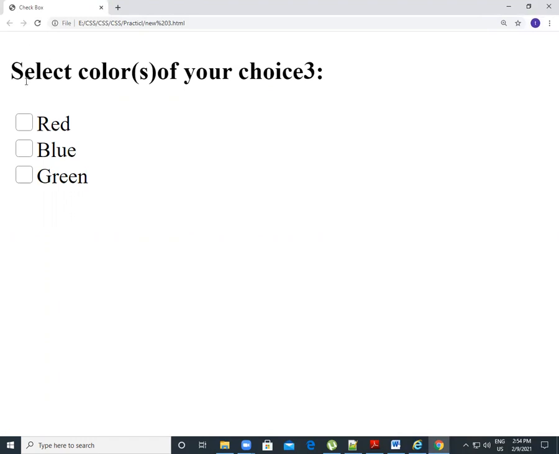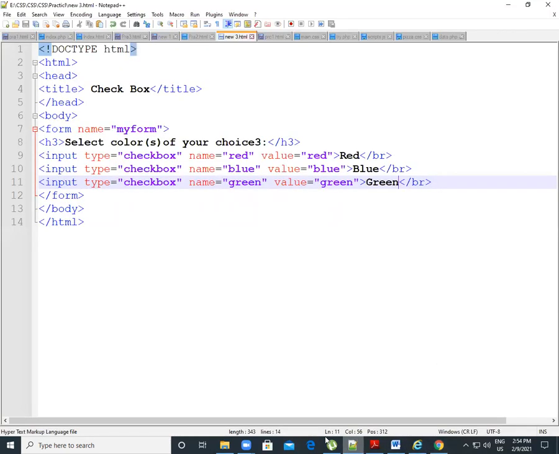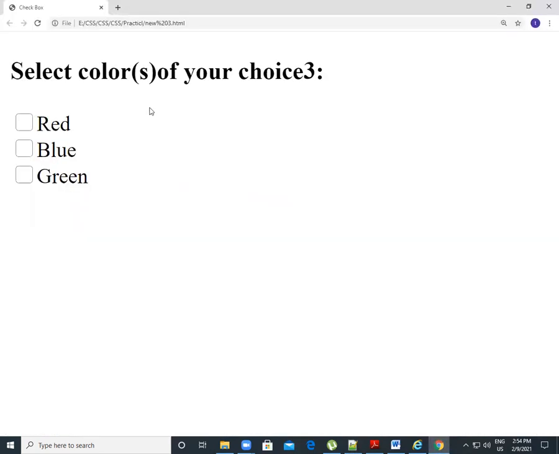Now you can see here the statement we gave, select colors of your choice. This three is not in the correct way. Let me delete this three. Then okay, it runs. Select colors of your choice. Then if I select red, green or blue, you can choose multiple colors at the same time.